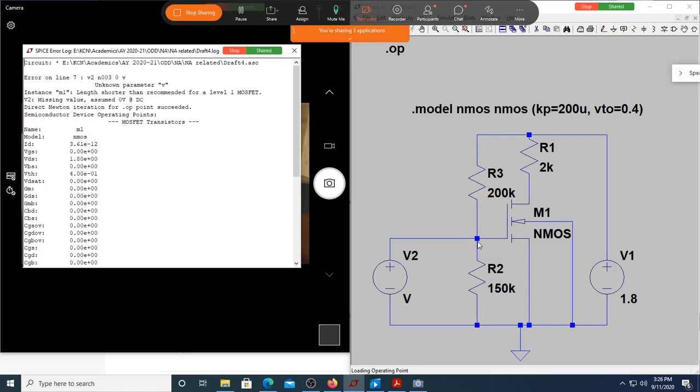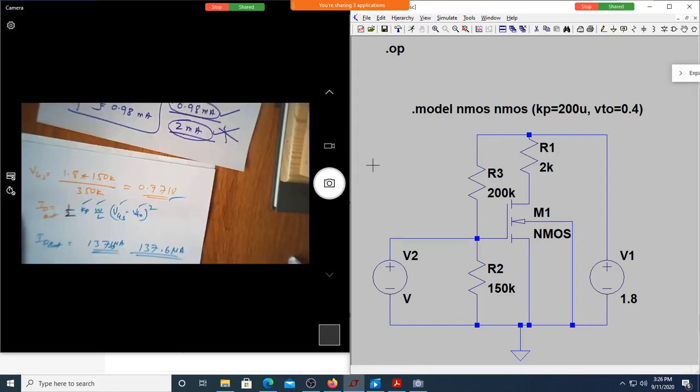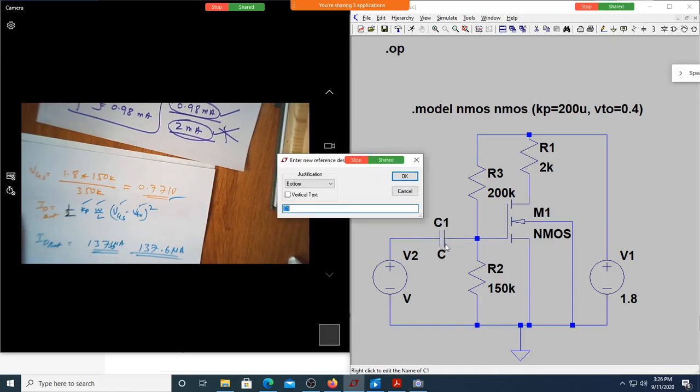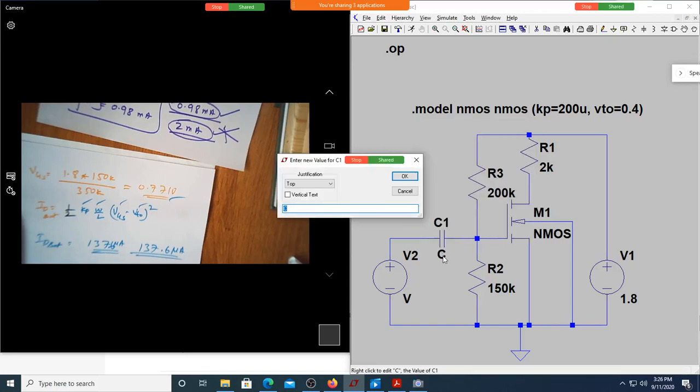So can you think of some component in your electronics which will not change the DC voltage from one point to another? At either node it will be different. So what I'll do is, I'll put a capacitor. Let me just type it as C. I got a capacitor. Control R, put this here. Let me make the value 0.1 microfarad.